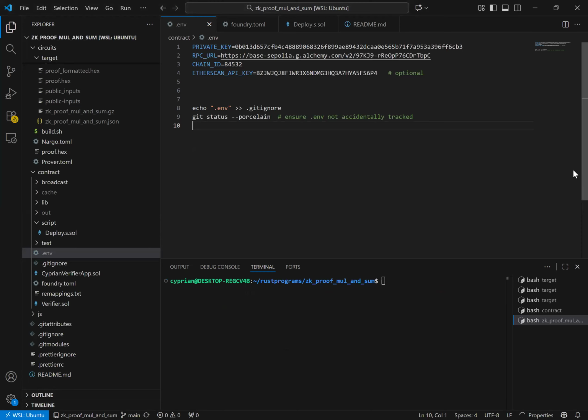Now, this is the .env that I'm sharing. And from what you can see, it has the private key. It has the RPC URL. It has the chain ID. And then it has the Etherscan API key. And all these, we got in our last lesson and